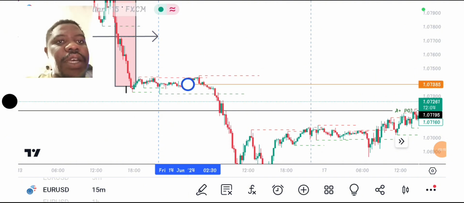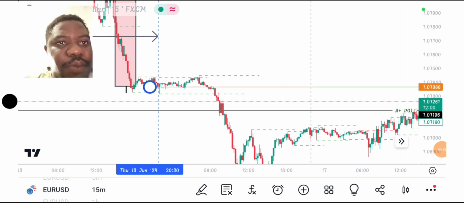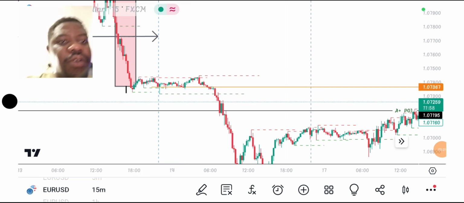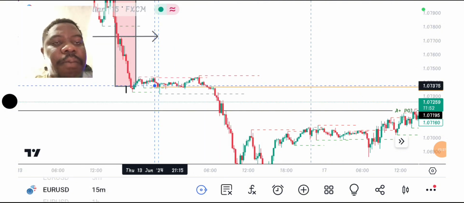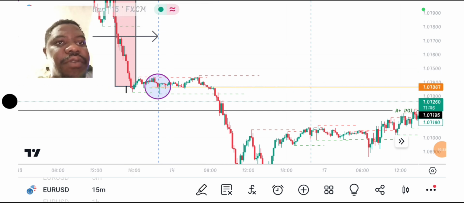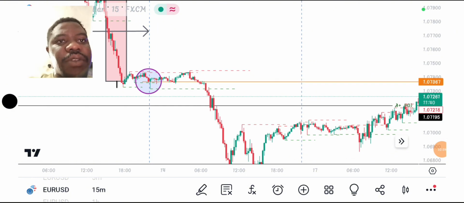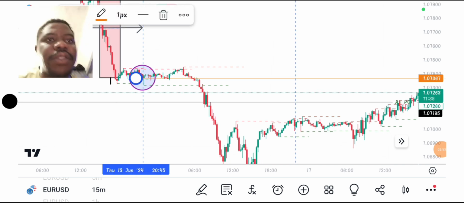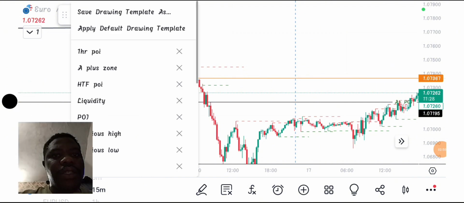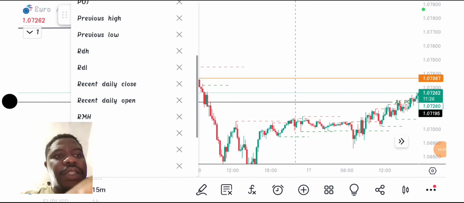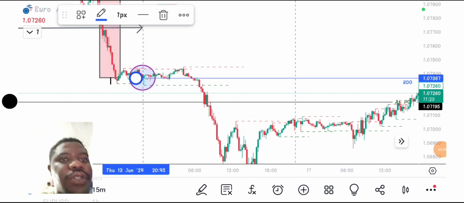So we had our recent daily open at this point. Remember, it's always at this area here. You always look at our session break line. You want to spot the last candle before the session break line. So it was a bearish candle, and that's our line there. So we want to name it recent daily open, RDO, and then